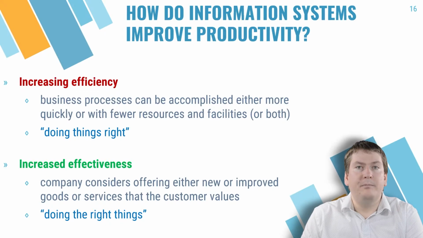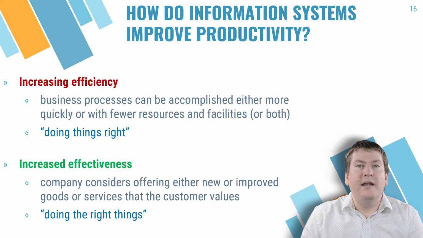Productivity can be increased by increasing efficiency or by increasing the effectiveness of processes. By increasing efficiency, we mean accomplishing business processes either more quickly, with fewer resources, or ideally, both. Essentially, doing more with less. We can see this as doing things right, or doing things we are already doing better, faster, or with fewer